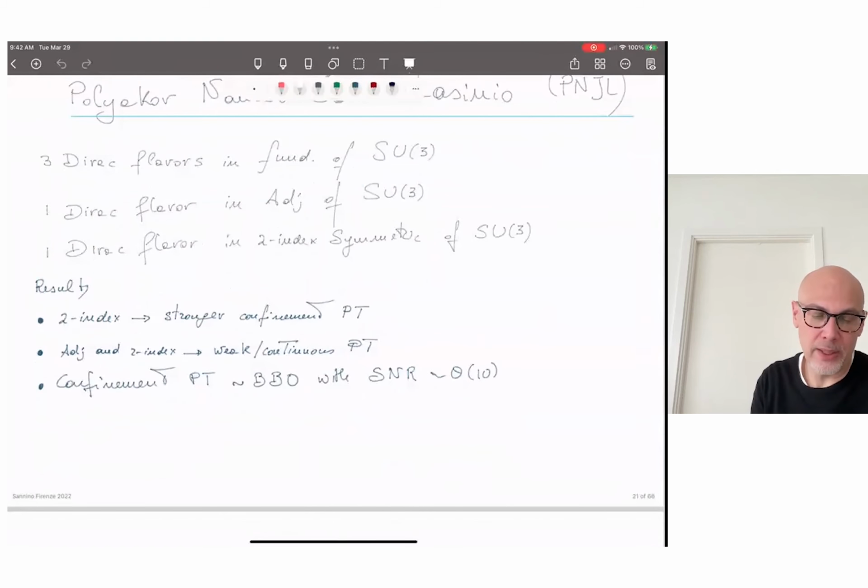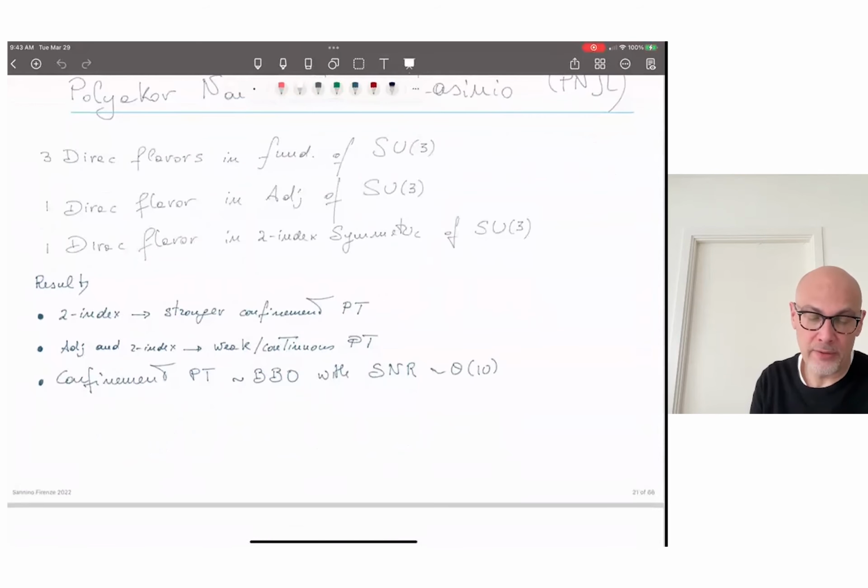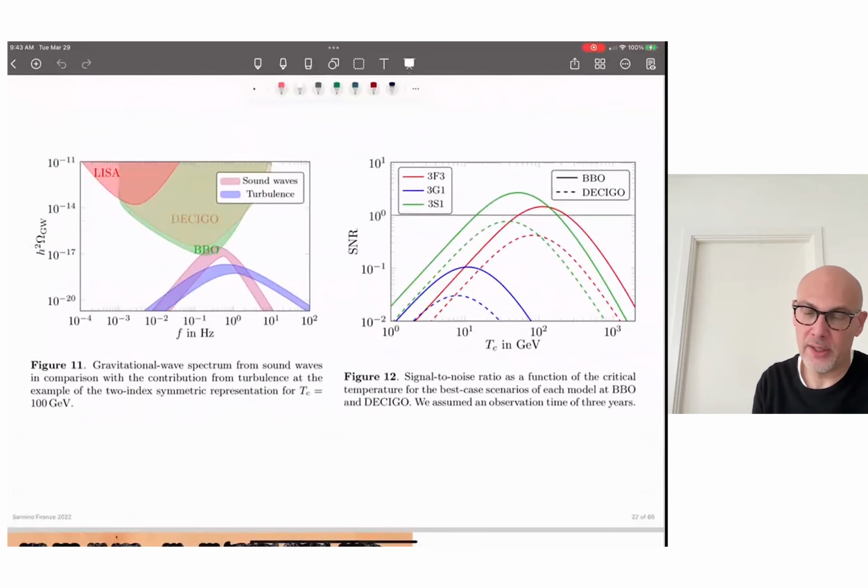Our results were that for the two-index, we saw a stronger confinement phase transition. We used a model computation, the Polyakov-Nambu-Jona-Lasinio model, to estimate this phase transition. And therefore, we could say that in principle, you could look at the confinement phase transition with BBO, with a signal-to-noise ratio over time. And this is